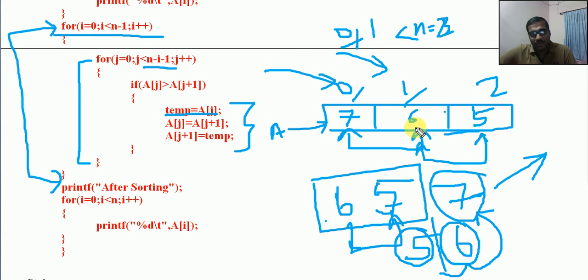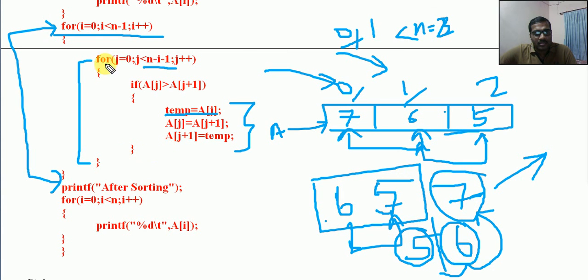Now that 7 will be compared with a of j plus 1, 1 plus 1, that is 2. 7 and 5 will be compared. If this is true, this will be exchanged. So 7 is larger, 5 will move here and 7 will move here. So this iteration is over.